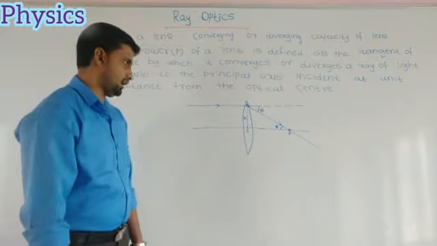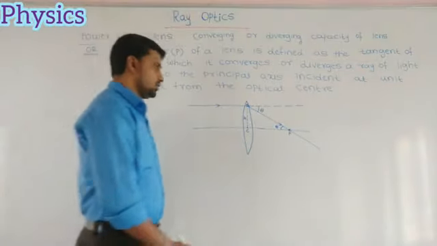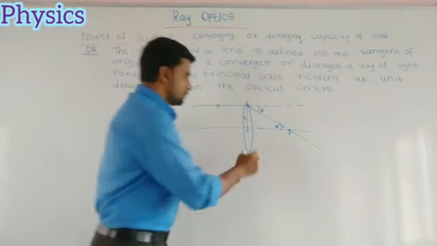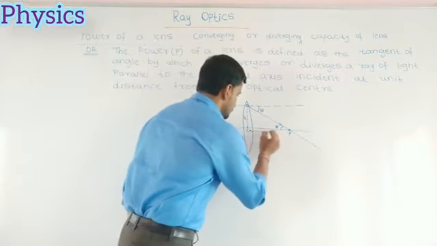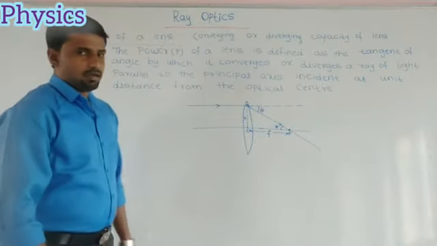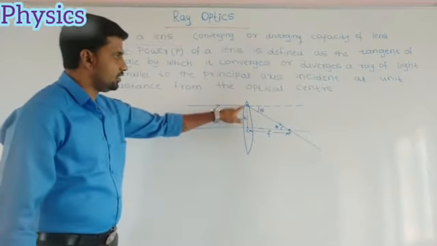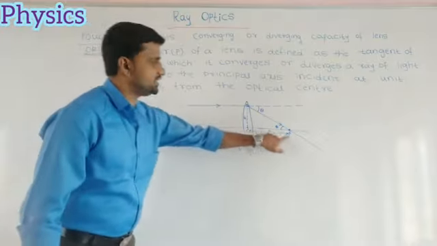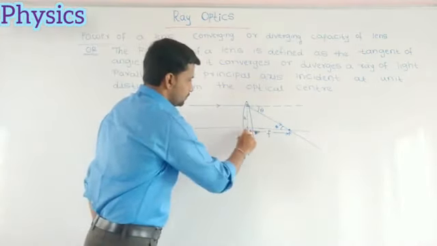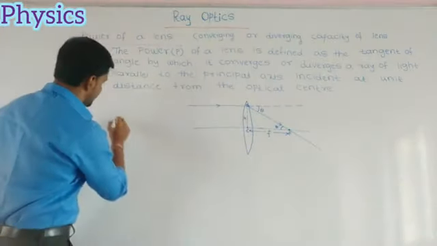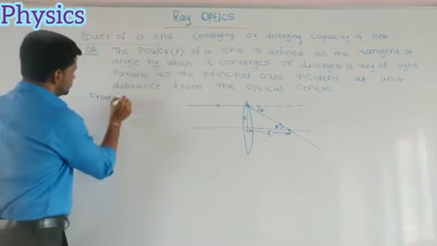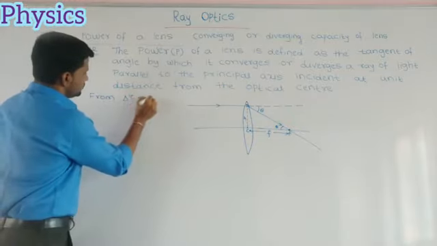because these two angles are alternate angles. And we know that the distance from the optical center to the principal focus is nothing but the focal length. This distance is the focal length. Then I can take the triangle MCF. Here I am getting one triangle, that triangle is MCF. So I can write, from triangle MCF,